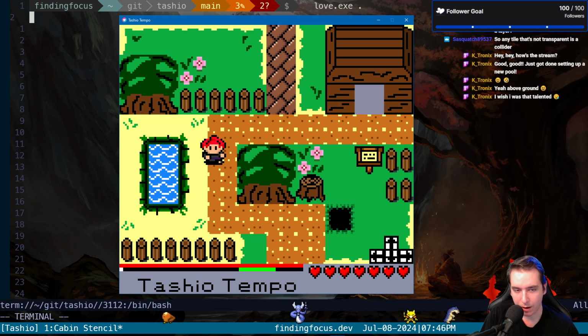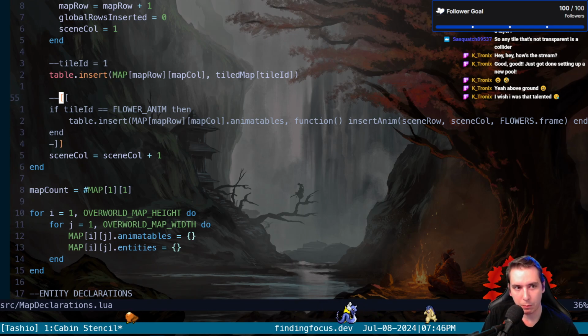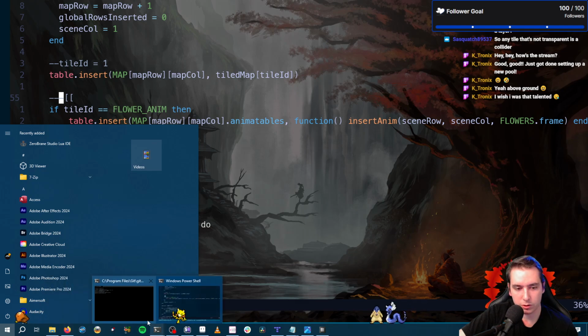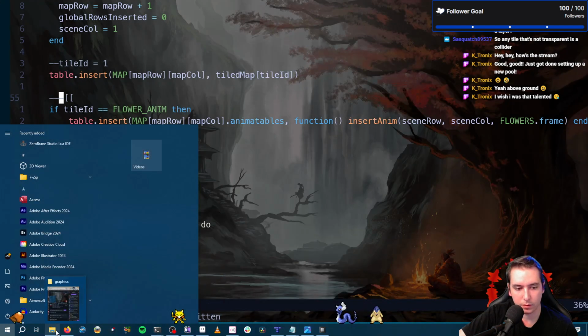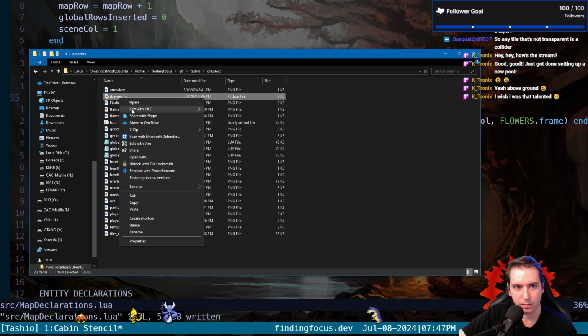So now if we go, I would want to do something like this where we say, hey, if the tile ID is this flower anim. So let me do something here. I want to try to run this script. I want to try to run this Python script to go generate a new tiled PNG. So we do have this drawNums Python script that takes in an object. I mean, I'll just show you. It's a